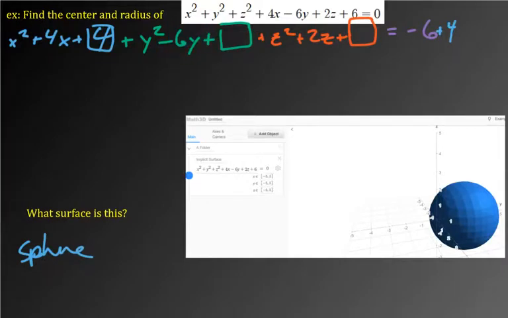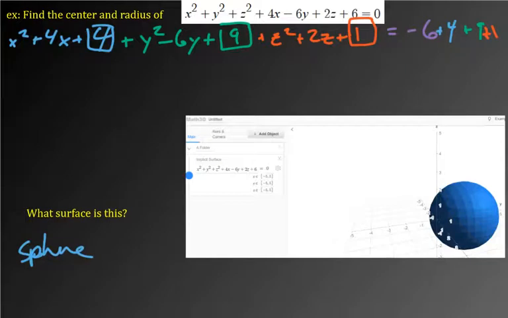Negative 6 divided by 2 is negative 3. Negative 3 squared is 9. So I'm going to add 9 over here. And then last but not least, 2 for z is my b. 2 divided by 2 is 1. 1 squared is 1. And so if I add 1 on that side, this is the exact same equation, but